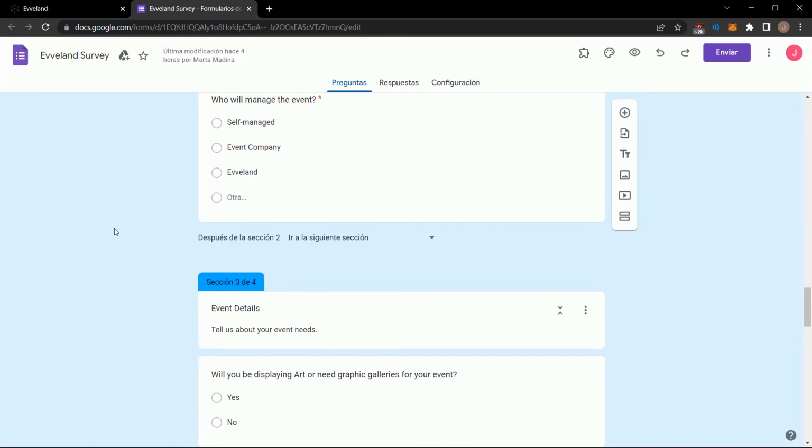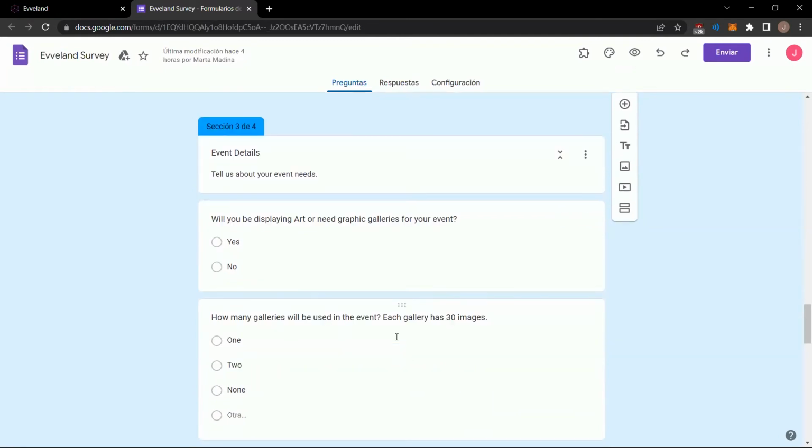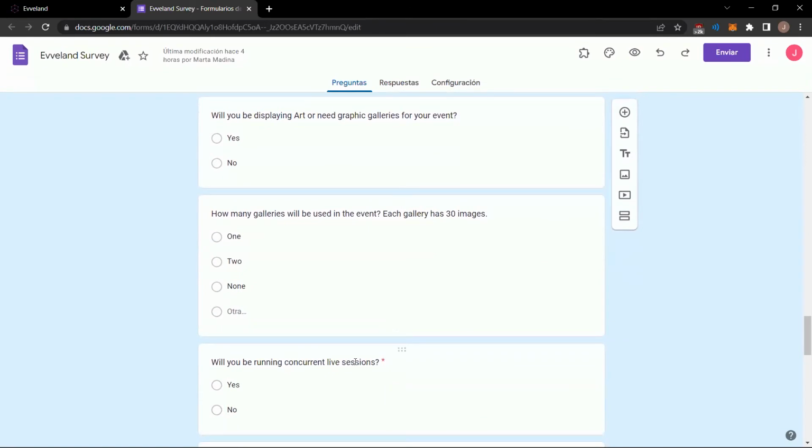And then we will ask other event details, such as how they are planning to use the galleries. The galleries, as you know, are focused on the visual impact, whether images, art, or other collections. So it's important to know if they are planning to have one, two, or three, and how many pieces we need to create and prepare to display in the galleries. And finally,